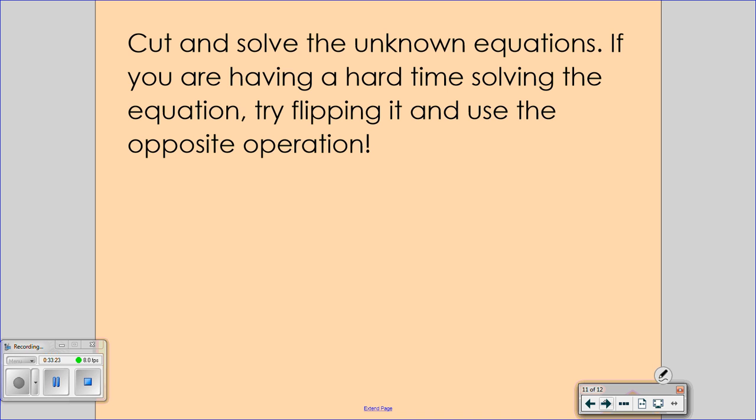Yeah. Right. In a moment, you are going to get a half sheet of paper, and it's filled with unknown problems like what we just did. You have to figure out what's going to go in that shape. Okay? If you are having a hard time solving it, if you're having a hard time figuring out what goes in that unknown number holder, try flipping it around and see if that makes your brain happy. Okay? Does that make sense? You might